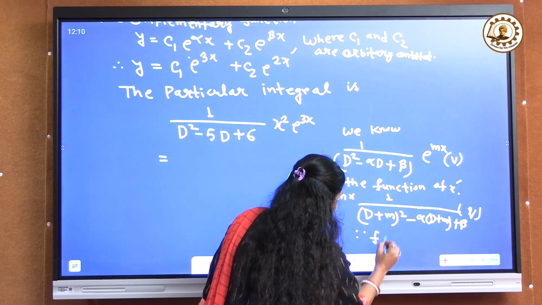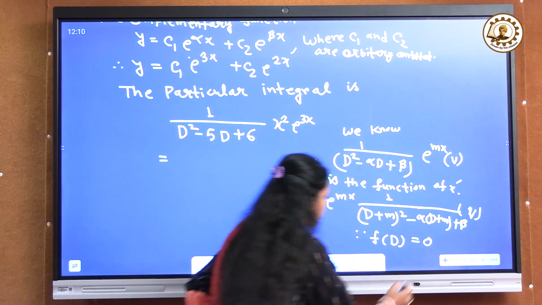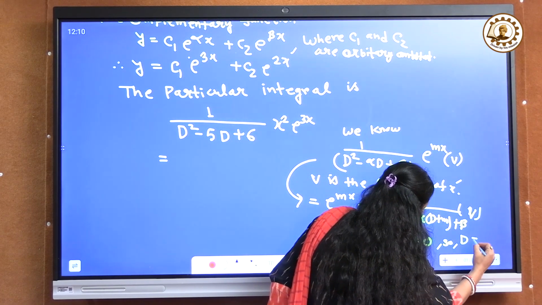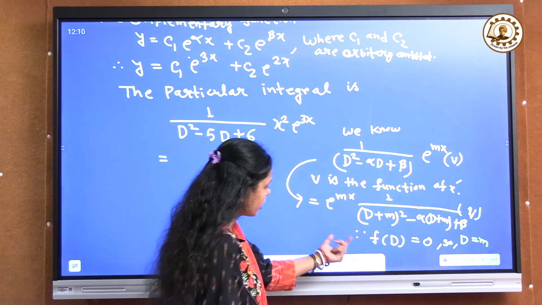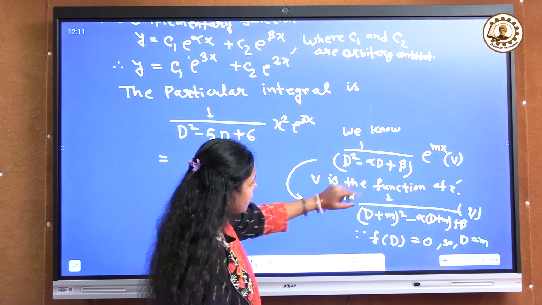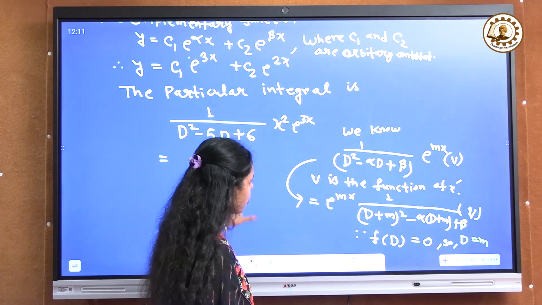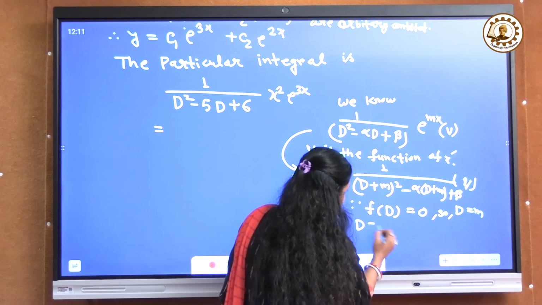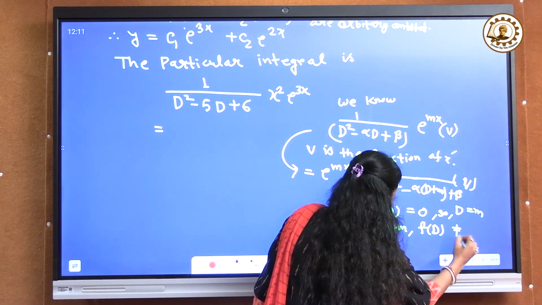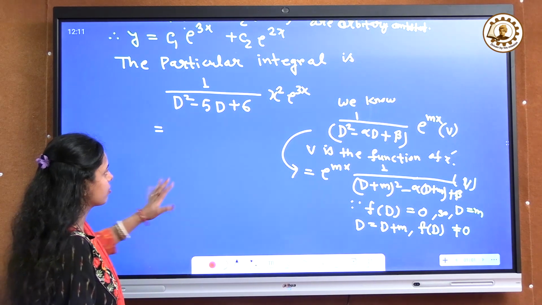Since f(D) is equal to 0 at d equal to m, the denominator would be 0, so the particular integral is undefined. So we put d equal to d plus m. Then f(D) is not equal to 0, and we solve the particular integral. As we proceed in this equation,